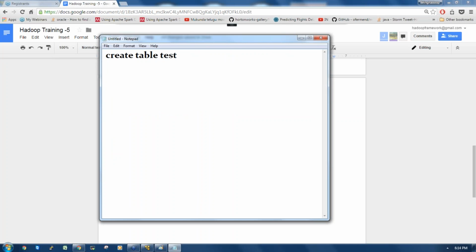You can write some table name, so test1, then you have to define the schema, id is an integer, name is a string, right? Then specify how each field is separated. It's CSV data, right? So fields terminated by, you can write a comma. So this is how we are going to process the data.